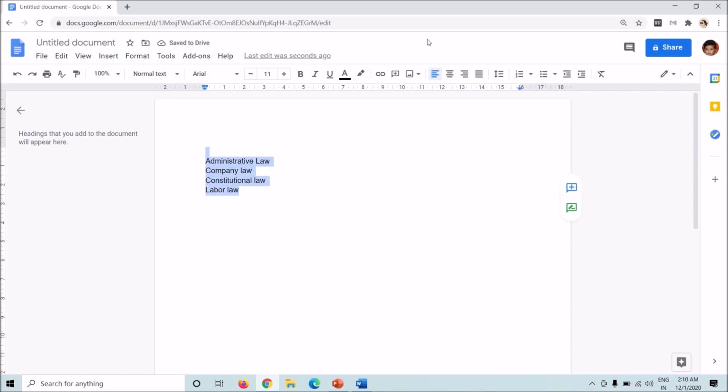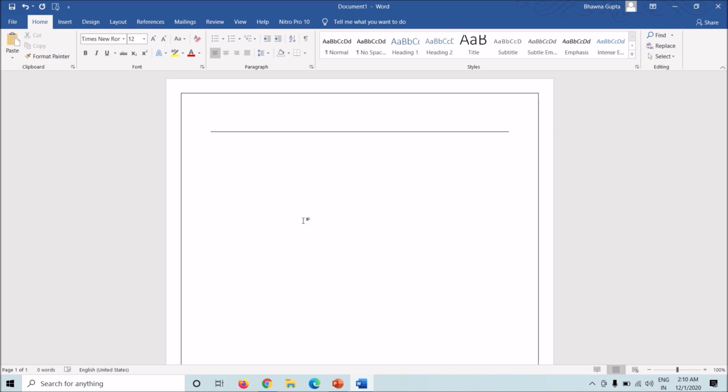and I'm adding, suppose I'm adding numbers to it as well, and I want this to be in alphabetical order. Okay, I've already written it in alphabetical order, but I'll just add marine law. So this is not in alphabetical order. You can see I cannot change the alphabetical order in Google Docs. That's not an option. However, I can do that in Word. I'll show you how.